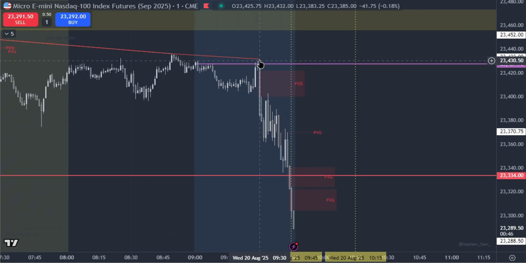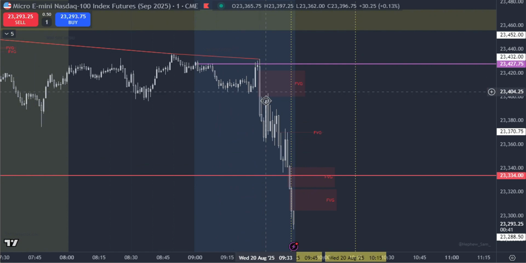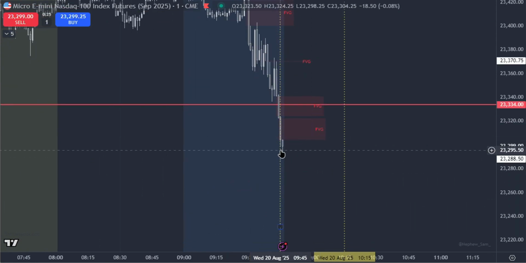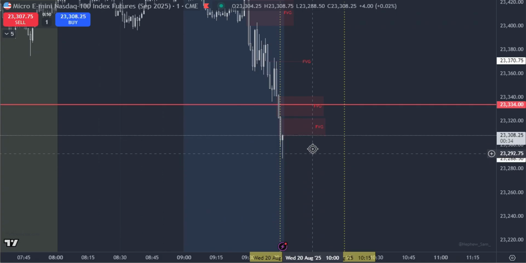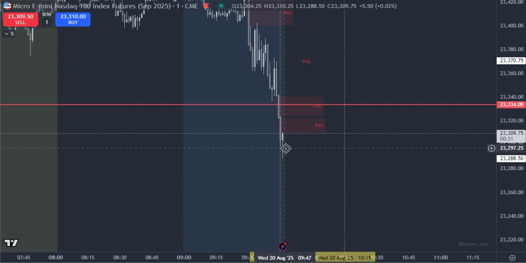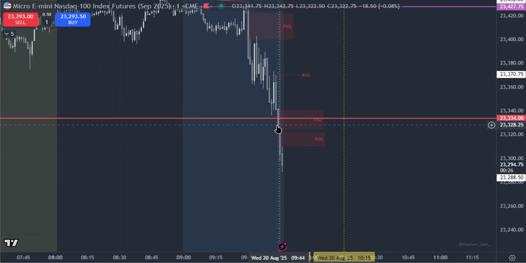This is a little tiny wick, and the candle is just dumping, right? So what I'm expecting, because 10 o'clock is about to come up, 10 o'clock starts here, right? It's gonna go up and it's gonna close somewhere over here. So then this will be